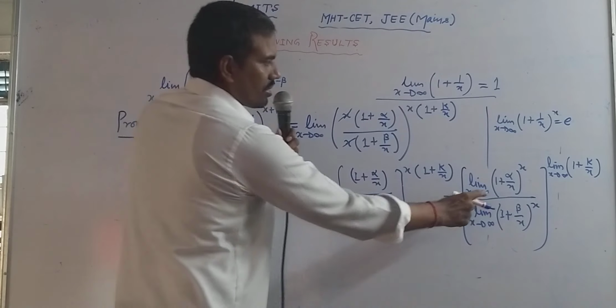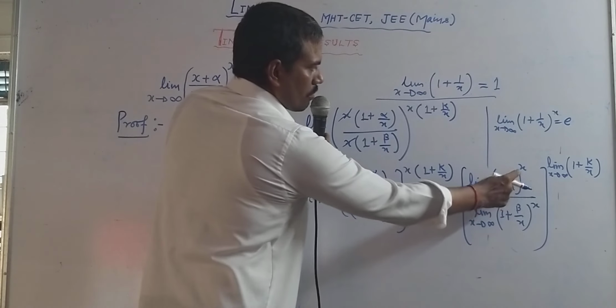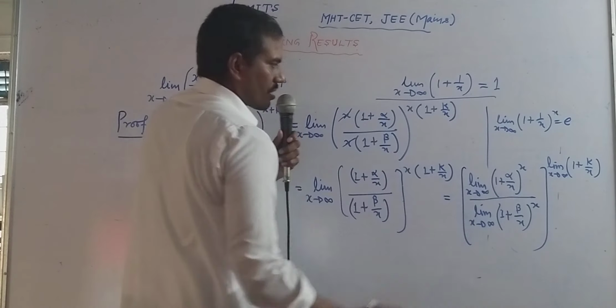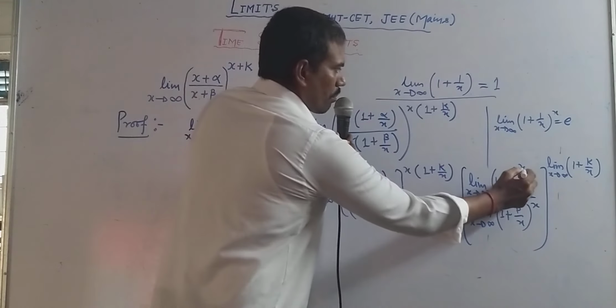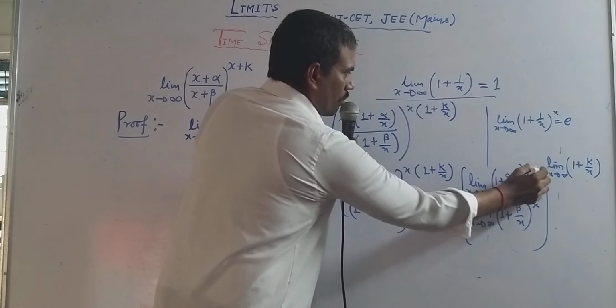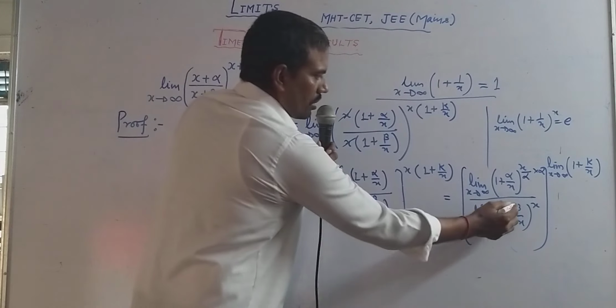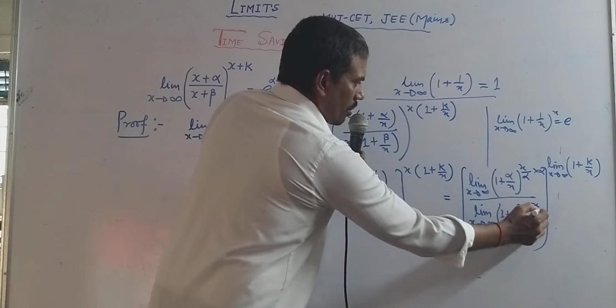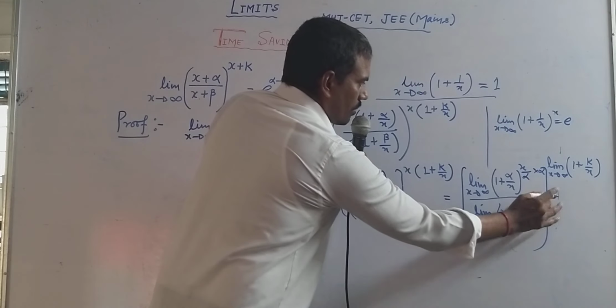We have to adjust here since the power is only x and the second term is alpha upon x. We have to adjust, which means multiply and divide by alpha in the numerator, and here beta upon x we have to adjust by multiplying by beta